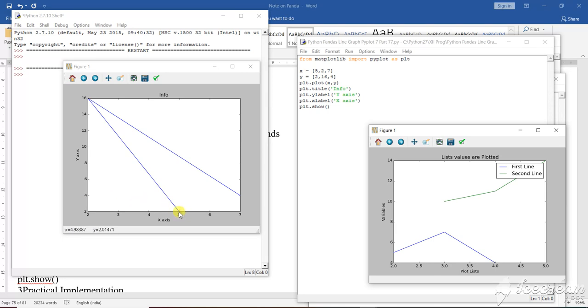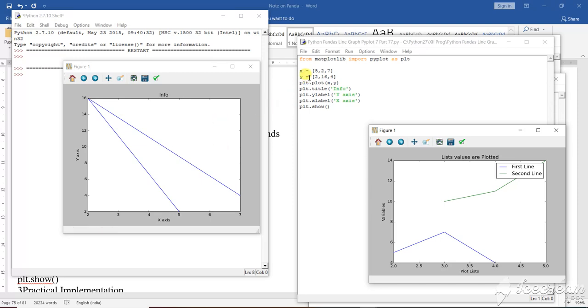From 5 and 2 what has been done? Then 2 and 16. So this is the point of 2, then this is 16, and after that 7 and 4. Then from here it came to this part. This is the 7 and this is the 4 line. If you draw the line in the graph sheet, you will find those are the meeting points. So how has it gone? It has gone like a triangular shape. So half triangular shape or full triangular shape you can form the line graph as by your declaration.